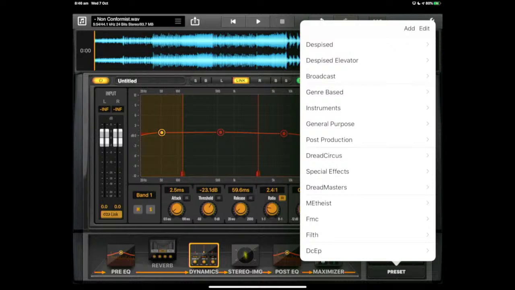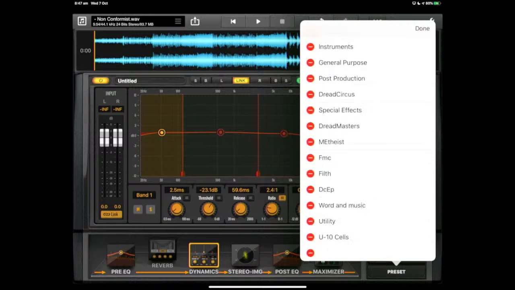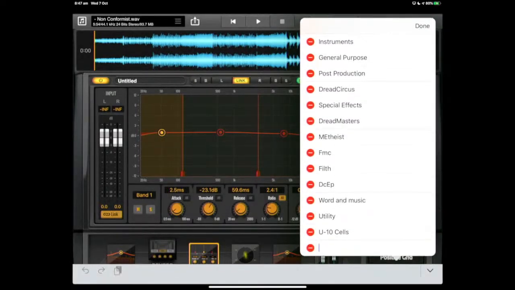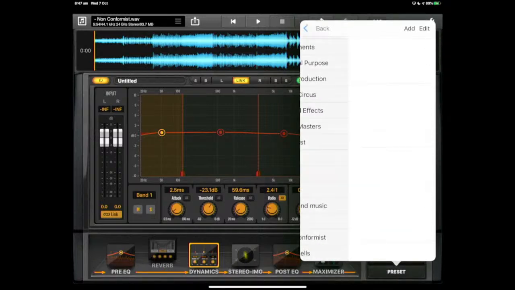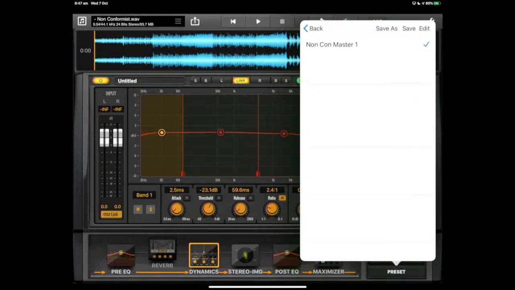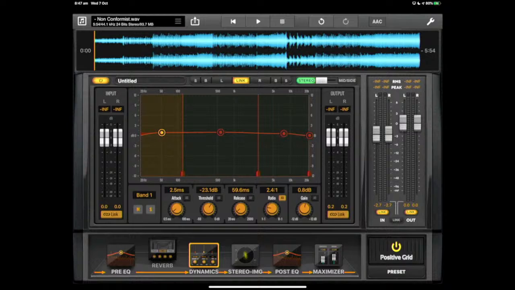But what I want to show you right now is that once you've got a mix like this, go ahead, click the little preset button, hit add, create a new folder for what song you're doing. So, whoops. So we're doing non-conformist. That makes a folder and hit done. Now we want to go in there and add, hit save and save your presets. So non-con master 1. And at least you've saved it, and then do a quick export and see what it looks like,